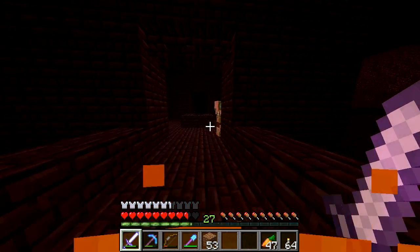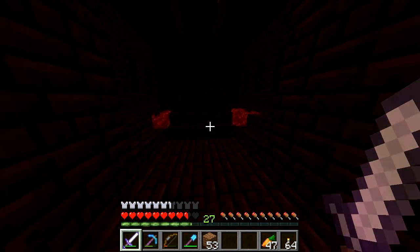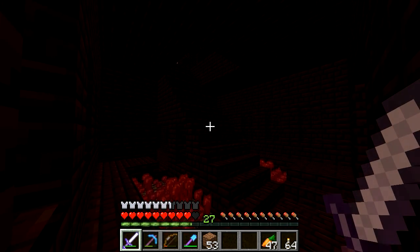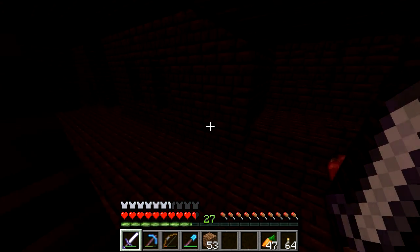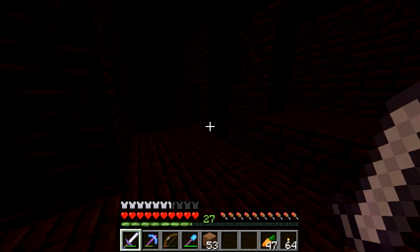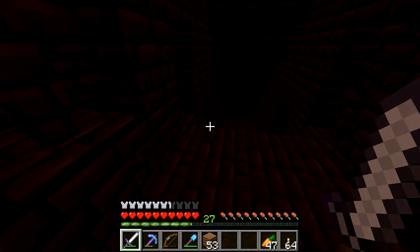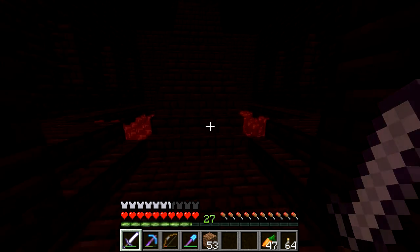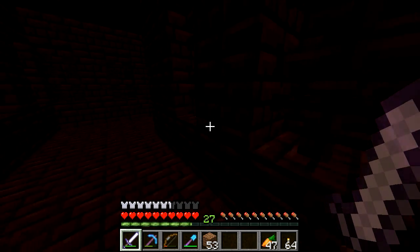Oh, okay, he hit me. Alright, it's fine. It's fine. We're good. We're okay. Okay, I hear you. I just don't see you. We have some nether warts down here. It's actually a little bit scary. I'm trying to play this with the least amount of armor possible and, you know, the least amount of OP-ness. Here's some more nether wart. Just because